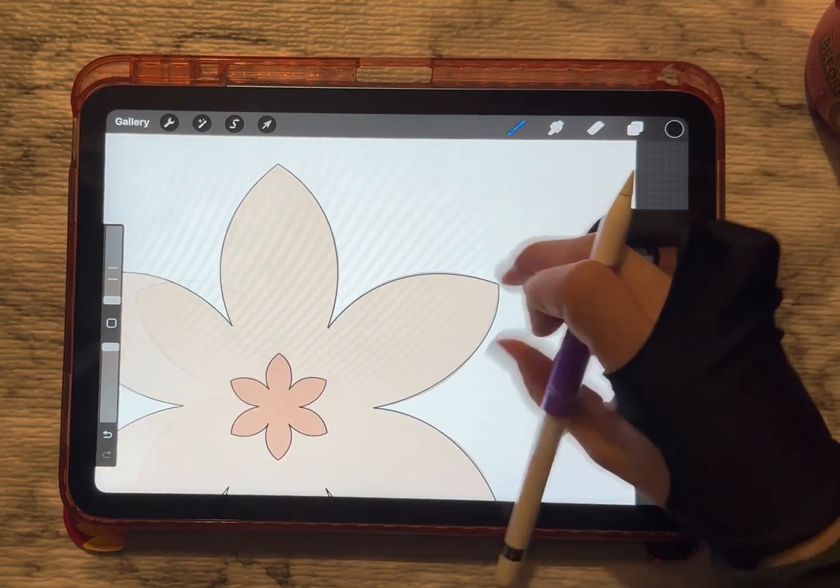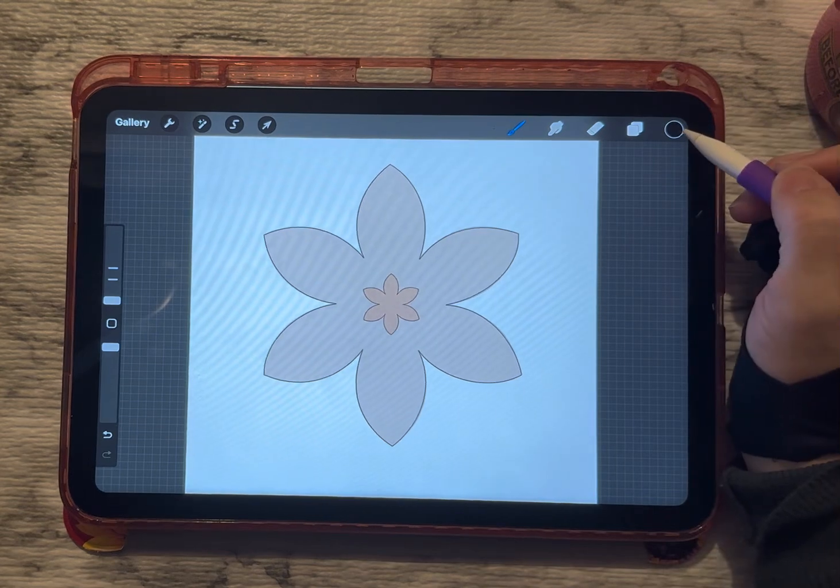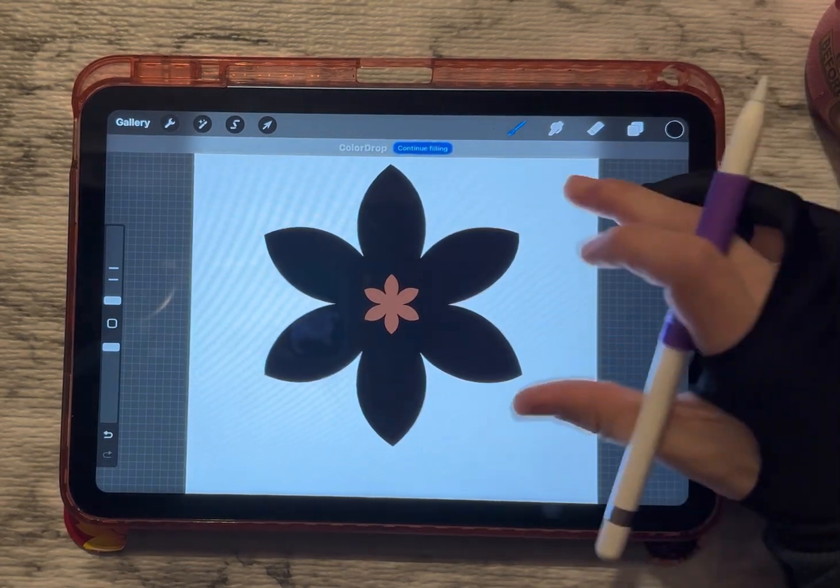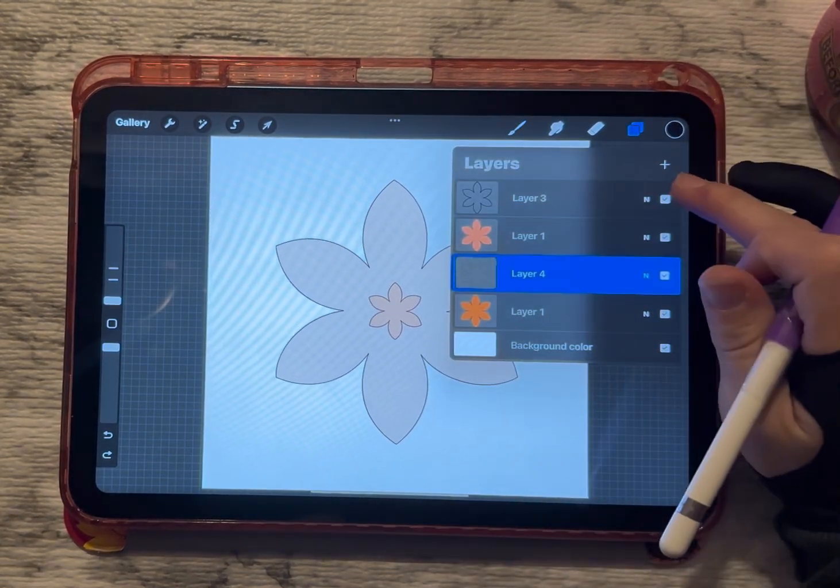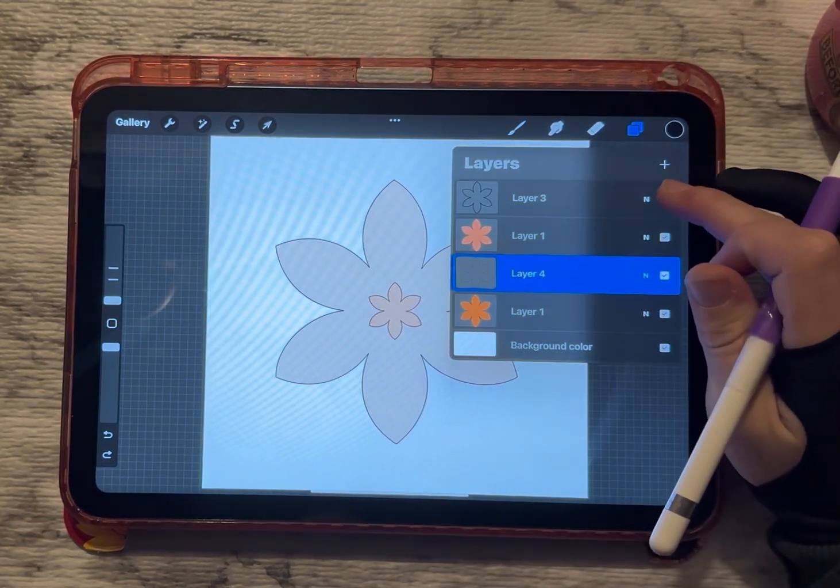Got to make sure all my corners, and to check and see if you have all your corners together, you can go ahead and drop your color. Okay, so once we have this outline done, you can turn off the